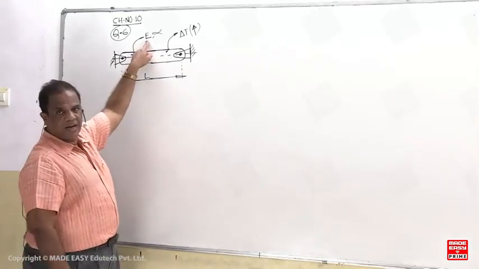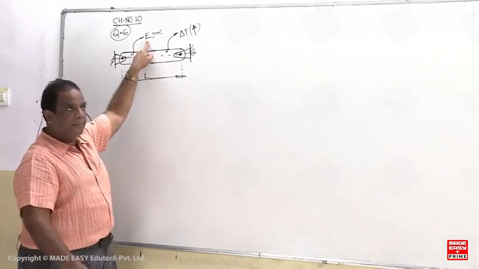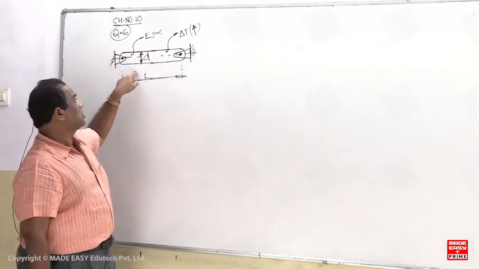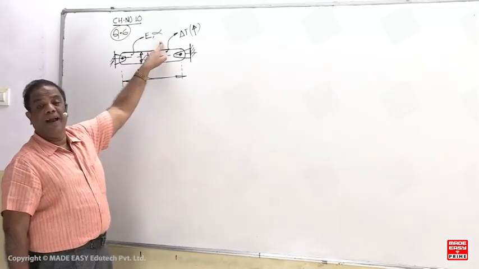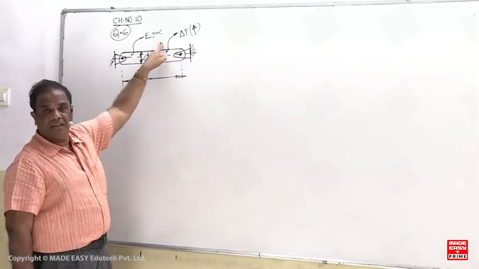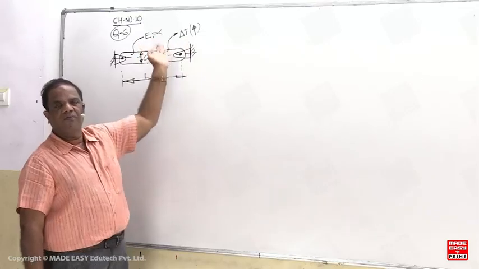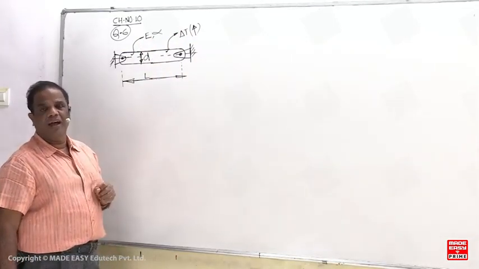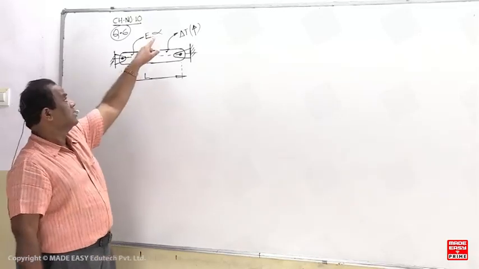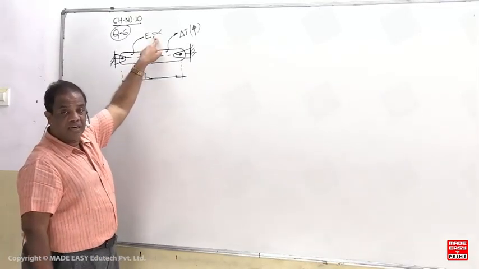Its numericals are given, but I'm doing it without numericals. You can substitute it now. Diameter is given in the question, Young's modulus is given, and alpha. Alpha is the coefficient of thermal expansion. It is not the length fixity coefficient. Units are given. Alpha is 10 into 10 to the power of minus 6 for steel. But the steel alpha value is 12 into 10 to the power minus 6. So alpha is not the length fixity coefficient.